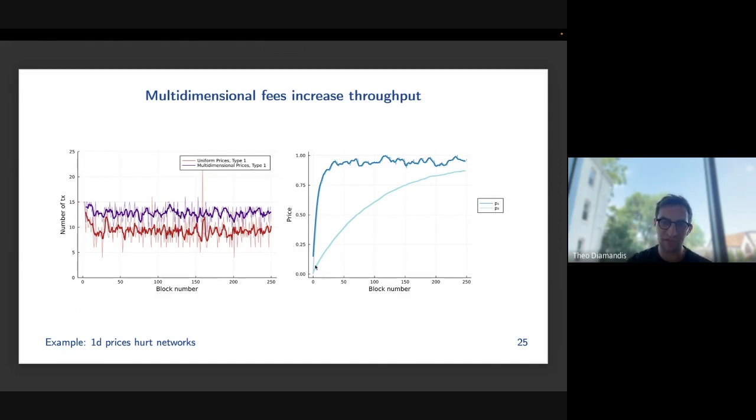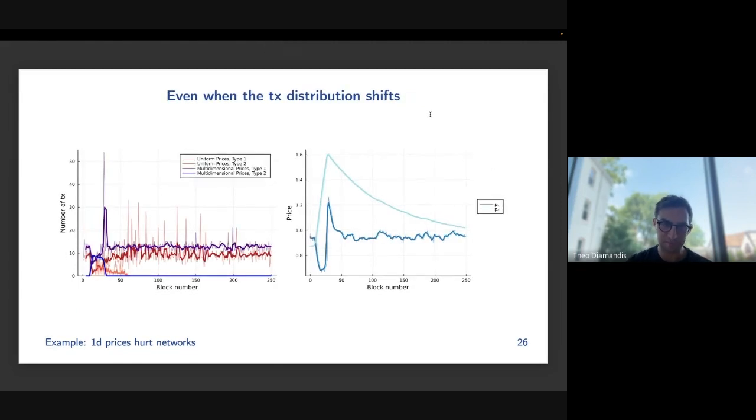You could see we start and then we run gradient descent to let the prices converge to their optimal values on the right. What's really interesting though is what happens when we change the distribution of the transactions that are submitted. So for instance, here we add a bunch of different types of transactions, which we call type 2 transactions